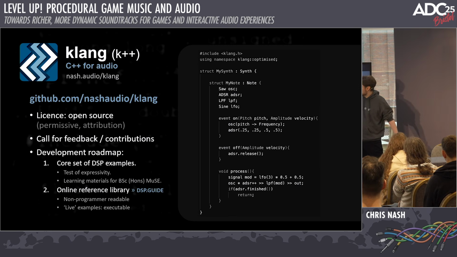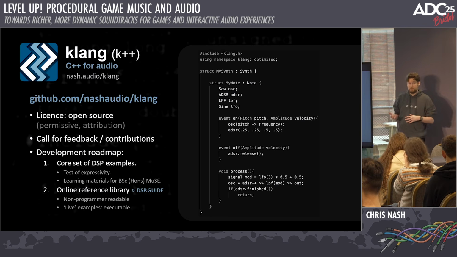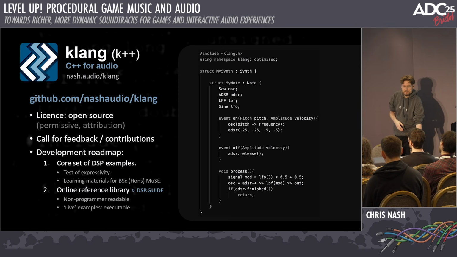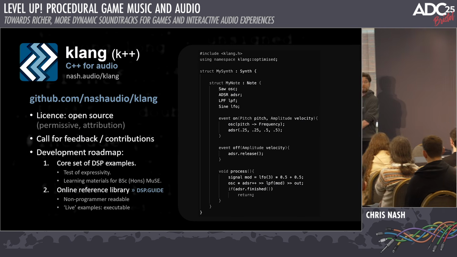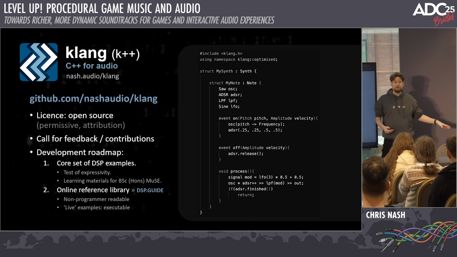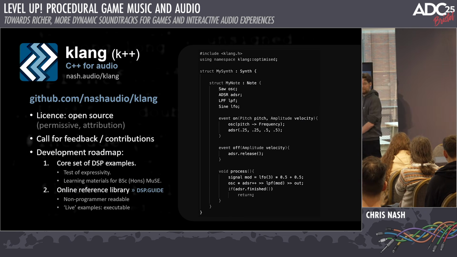And one of the interesting things is I'm currently going through all the process of turning all of these Pure Data patches into C++ examples. I'm going to open source it. But also, in some of the cases, I'm taking two approaches. I'm either writing the best possible sounding version of it, or I'm trying to be as faithful to the PD version. So I'm actually also adding some of the PD primitives to the Klang language so that you can just use those. So yeah, please come downstairs.